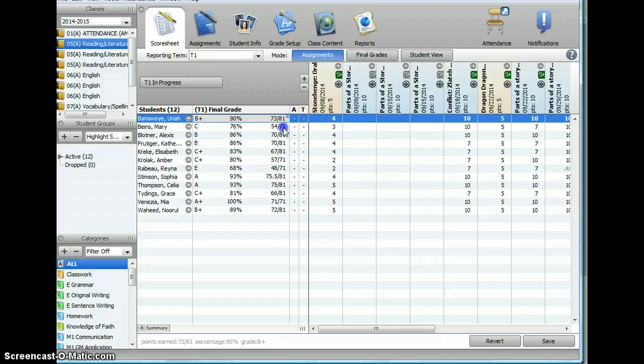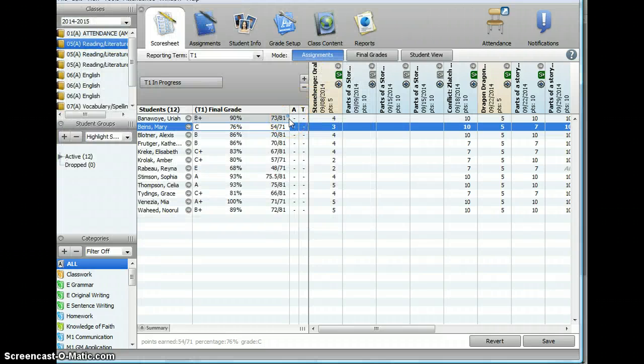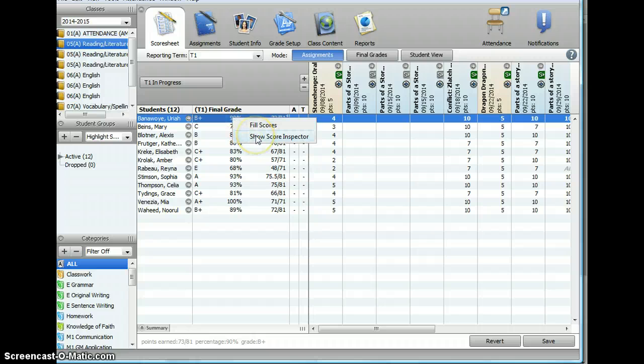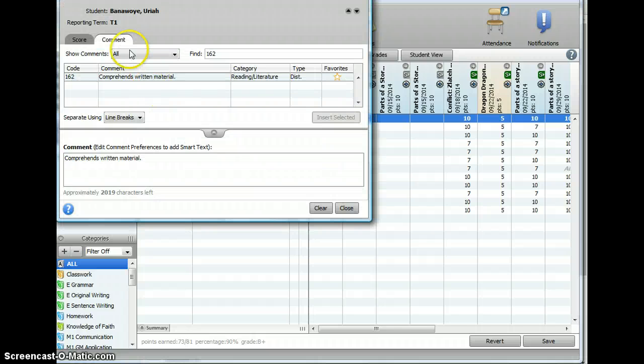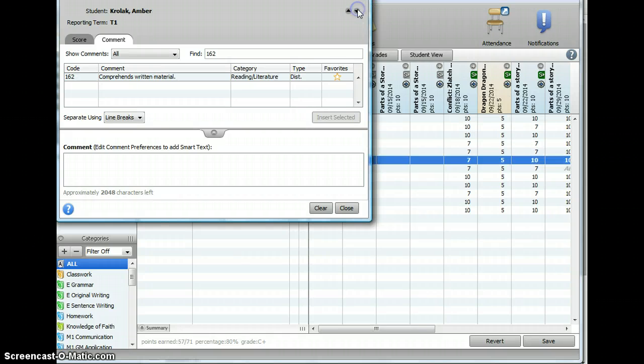So the blue C tells me that I've entered a comment for Uya. Again, when I'm inside of that comment box, I go to Show Score Inspector. I go to Comments. Once I'm here, I can use these arrows to go up and down and toggle through all of the students